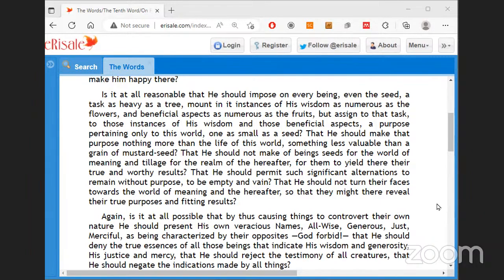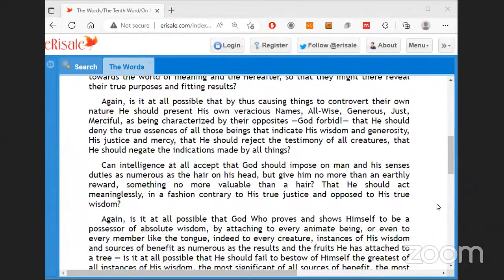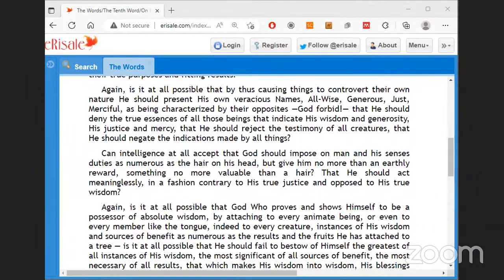Again, is it at all possible that by thus causing things to controvert their own nature, he should present his own veracious names, all wise, generous, just, merciful, as being characterized by their opposites? God forbid that he should deny the true essences of all those beings that indicate his wisdom and generosity, his justice and mercy, that he should reject the testimony of all creatures, that he should negate the indications made by